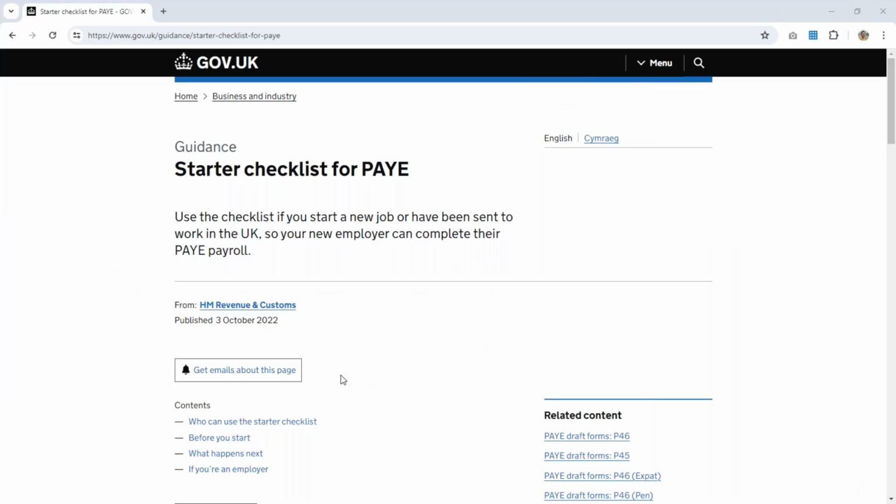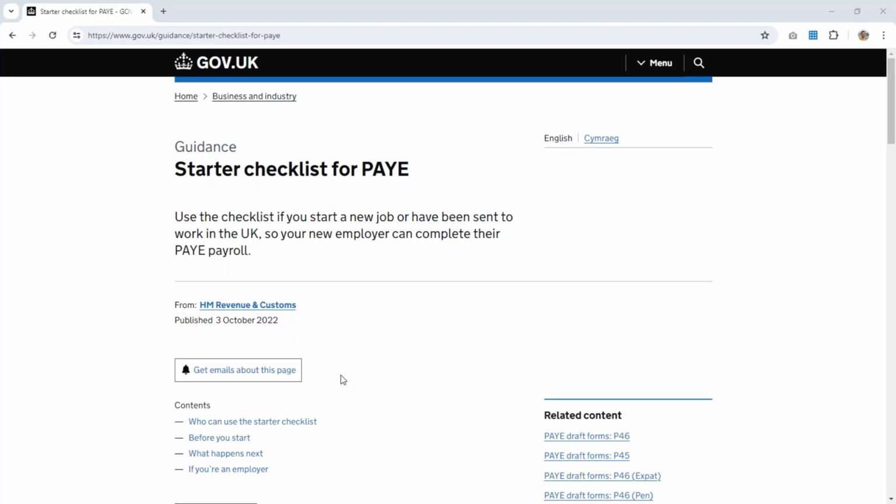First thing I'll mention is that whenever you take on a new starter, they should have with them either a P45 from their previous employer or a starter checklist, which was previously known as a P46. The starter checklist contains all the information you would need to assign the correct tax code for a new starter that doesn't have a P45. But it's also a really useful form for employees that do have a P45, because it will provide information that you wouldn't find on a P45, such as a student loan type for employees that are repaying a student loan